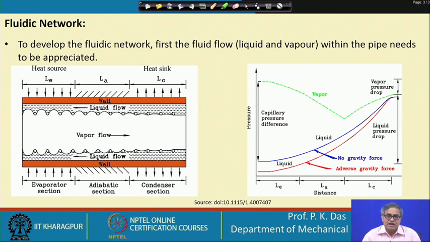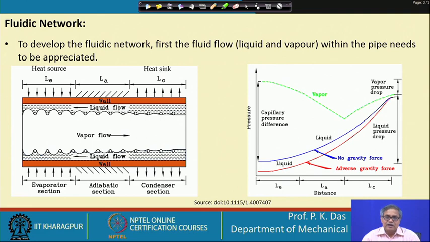All these reduction or increase whatever we have seen, these are non-linear. But initially when the analysis started, I have told that we will assume that there is no effect of gravity. So, this is without any effect of gravity. If the effect of gravity is included, then there will be further pressure drop and we will get the red curve. So, what we can see that there is some sort of a net pressure head for the vapor phase,